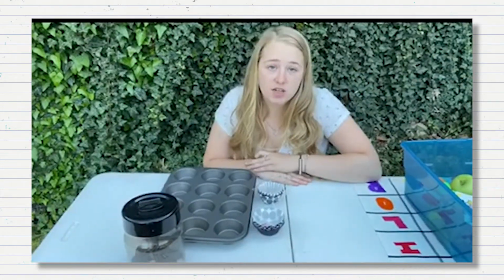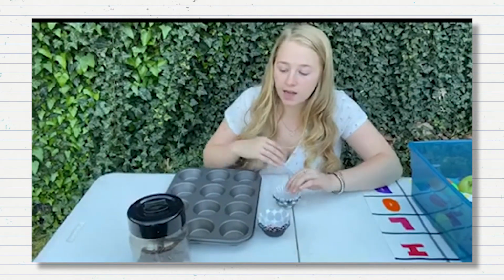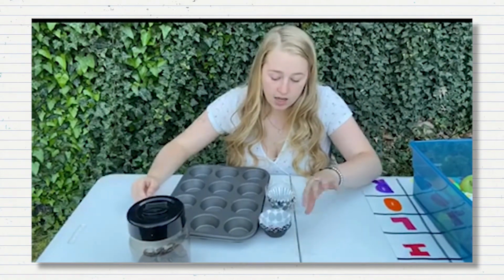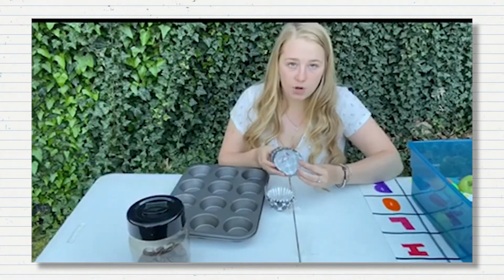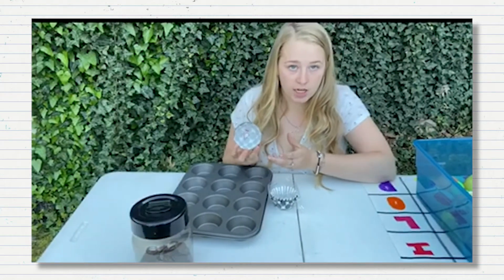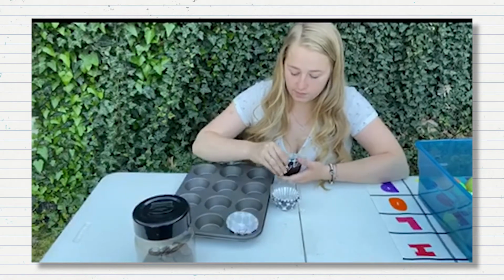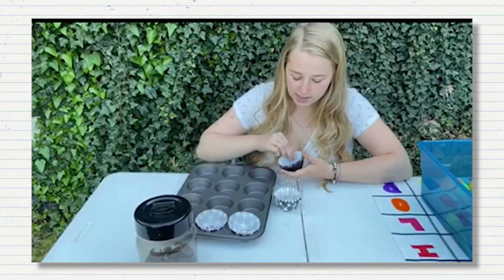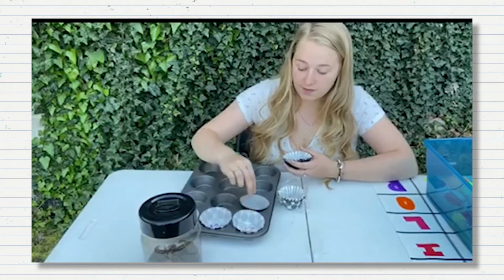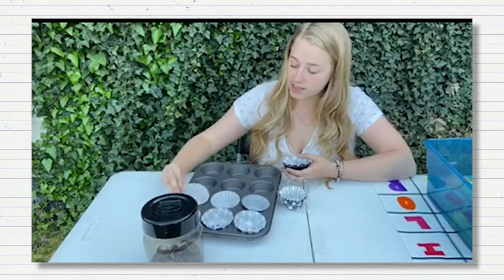Now that you've finished your first lesson plan and set that aside, go ahead and get your cupcake liners, your change, and muffin pan together. Now I've gone ahead and taken the markers and written down a certain amount of change. You can choose any. I've done 25 cents, 36 cents, 98 cents, 55 cents, $1, 50 cents,